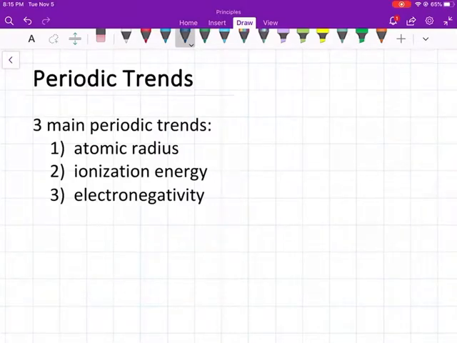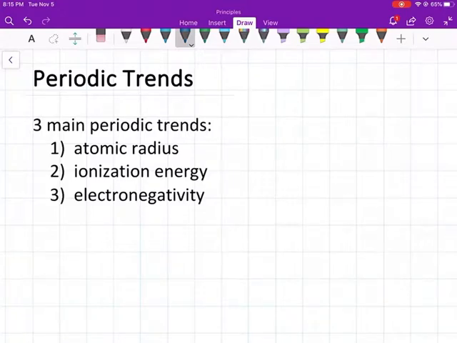So these are your notes over periodic trends. So go ahead and pause the video and write these down as we go. Okay, so the three main periodic trends we're going to be talking about are three that you've actually already looked